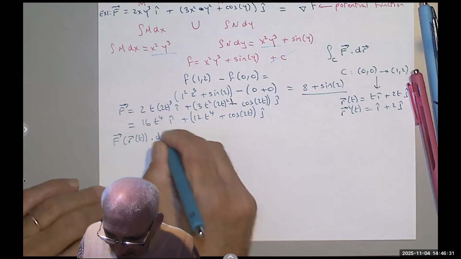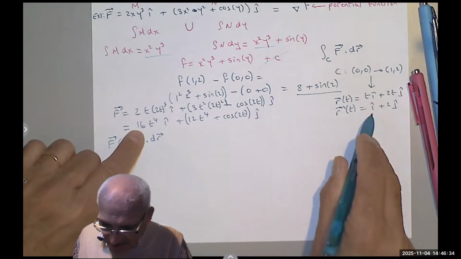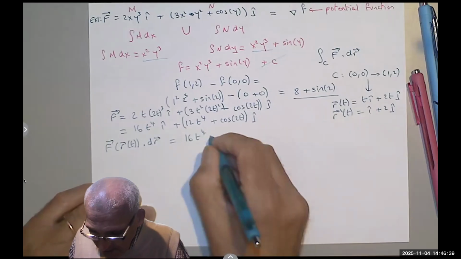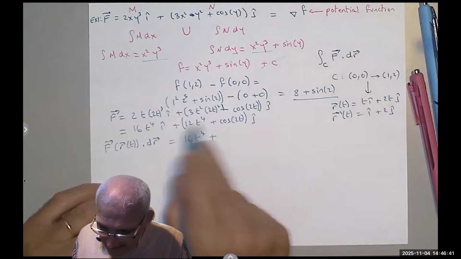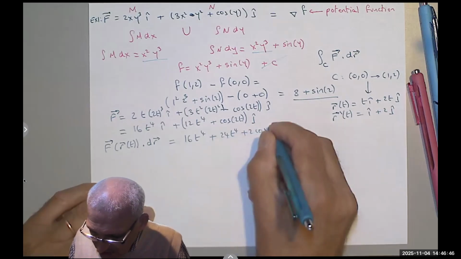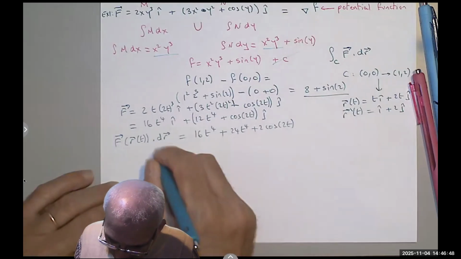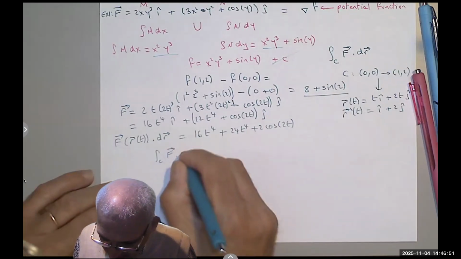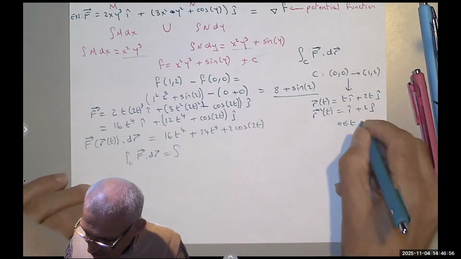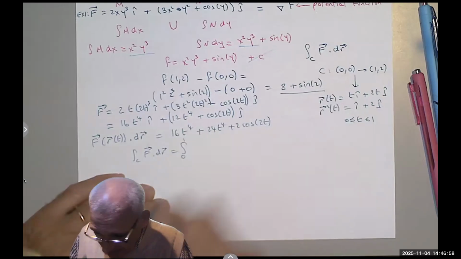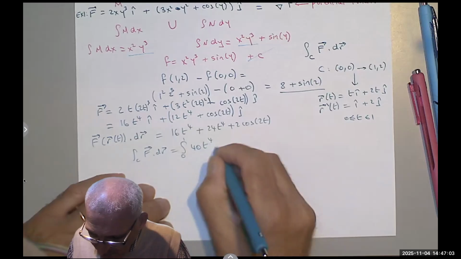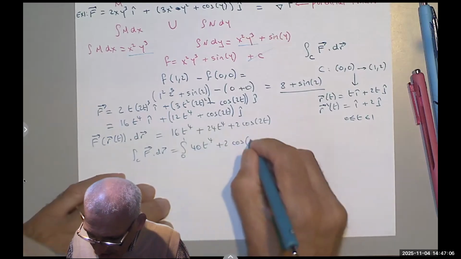And then you get f of r of t dot dr. So the i stays the same because it's dot 1. So you get 16t to the fourth plus 2 times that, so 24t to the fourth plus 2 cos 2t. So the integral of f dot dr becomes the integral, t goes from 0 to 1, of 16 plus 24 is 40 t to the fourth plus 2 cos 2t